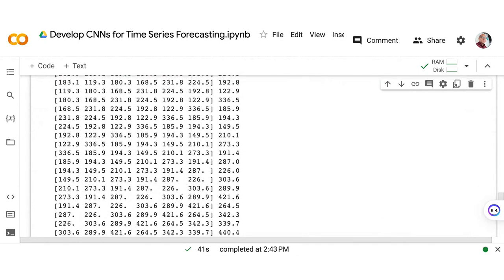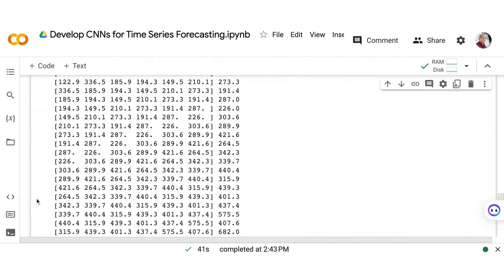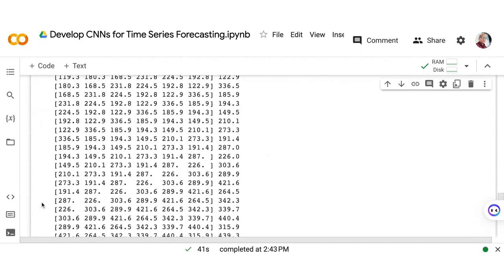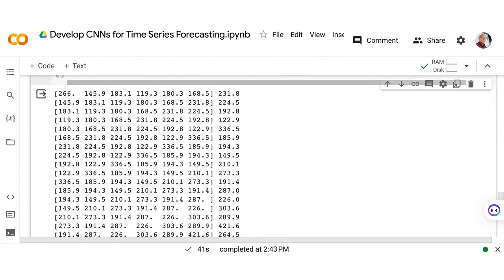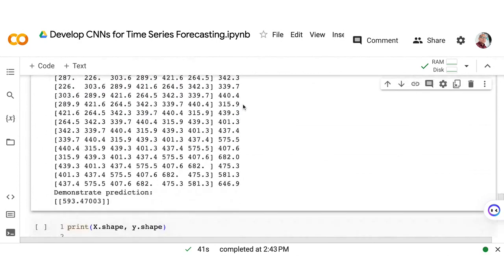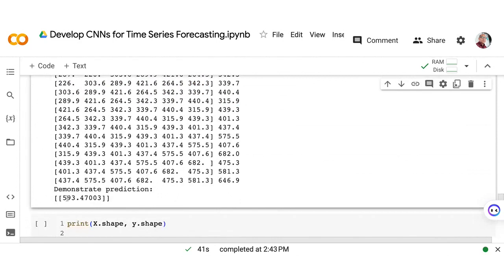And you notice na itong mga to, medyo mahaba to. Mahaba siya, kasi we have 6 samples eh. 36 yung sequence natin. So, ang ginawa niya, this is the first sample and this is the first output. And then the second sample is this one and this is the second output. Until we reach the end. And then it demonstrated one-step prediction, which is 593.